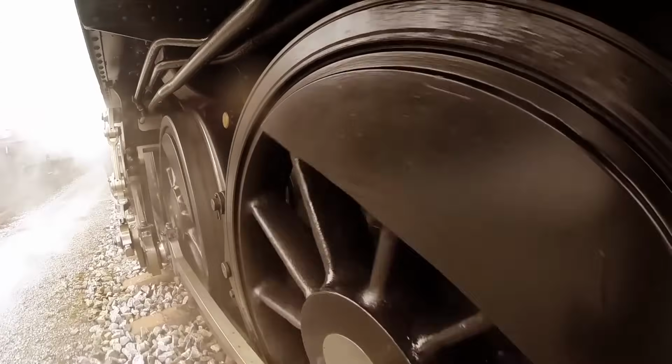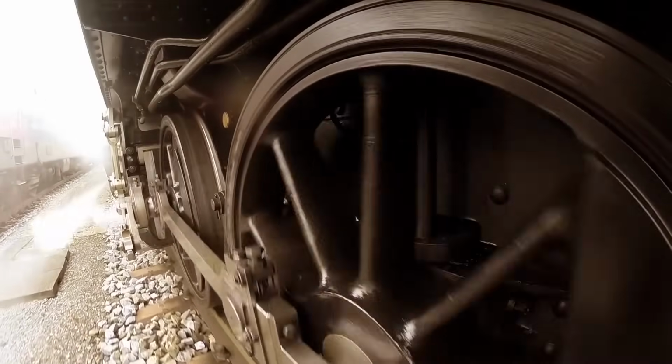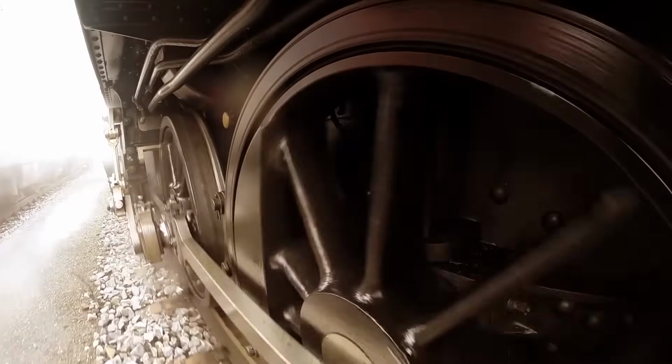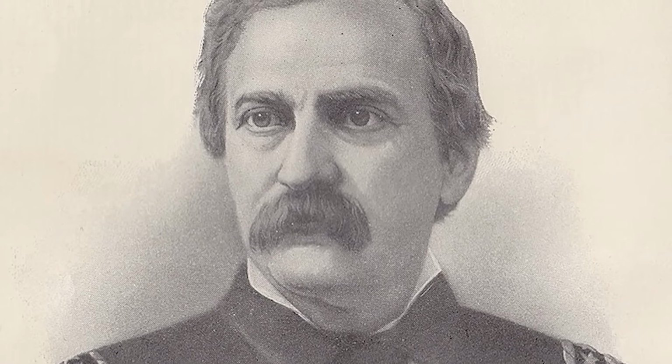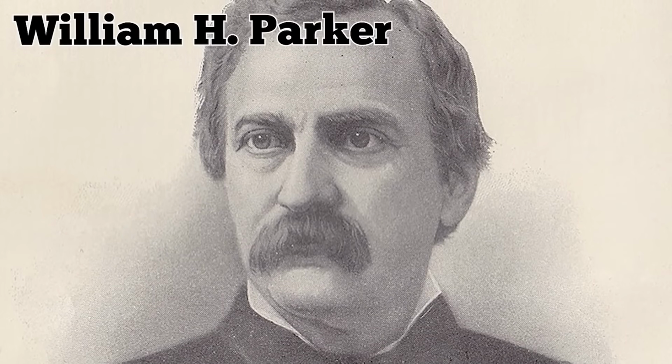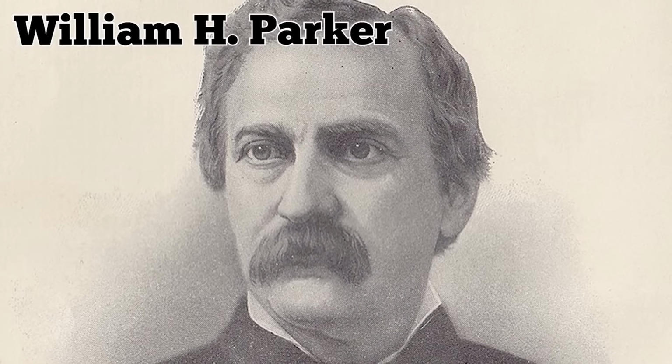They loaded the goods onto a train and took a separate train southward. Union officials estimated that the fugitives made off with several $1 million worth of valuables. Confederate Navy Captain William H. Parker, who was tasked with protecting the treasure, later claimed that he had no more than $500,000 in his possession